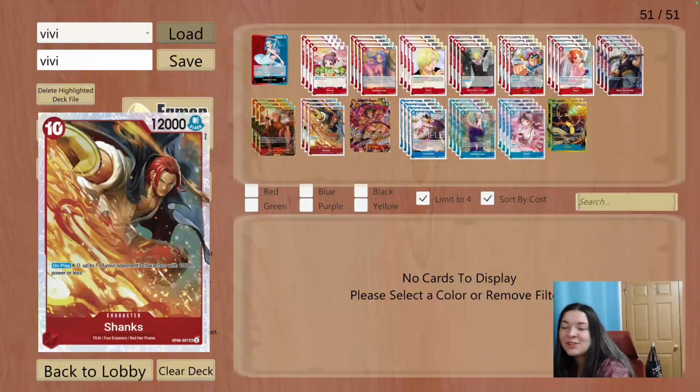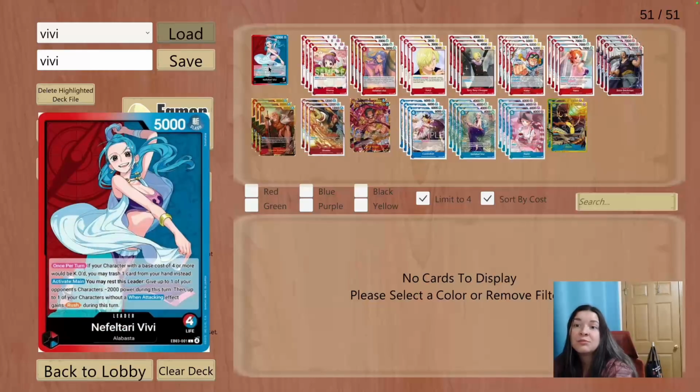But yeah, Vivi Leader is really fun. I think against Zoro, that's really where she shines, because she can just save her whole board from Zoro swings, which is amazing. I think against Yellow, she's a little bit weak, just depending on the matchup, but really strong leader. I'm really excited for when EB03 comes out. It's going to be a while, but